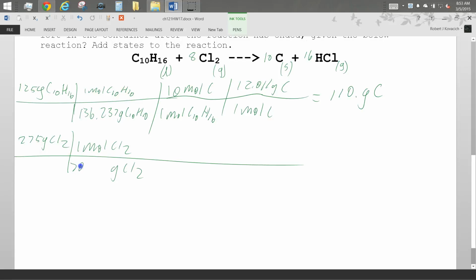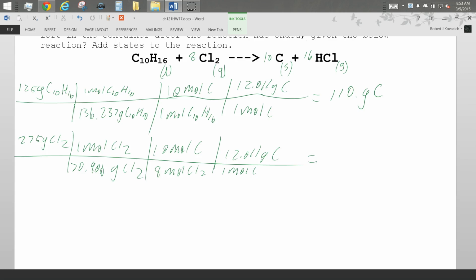And so I've got 70.906. And then for every 8 moles of Cl2, I get 10 moles of carbon. And then for every 1 mole of carbon, I get 12.011 grams of carbon. Okay, so 275 divided by the 70 times 10 divided by 8 times 12.011, and I get